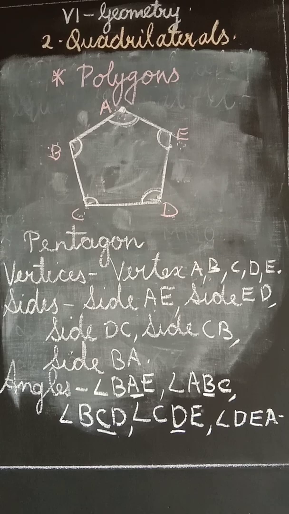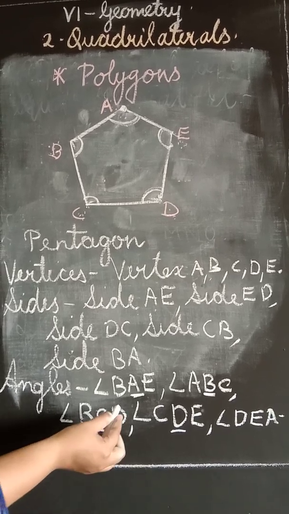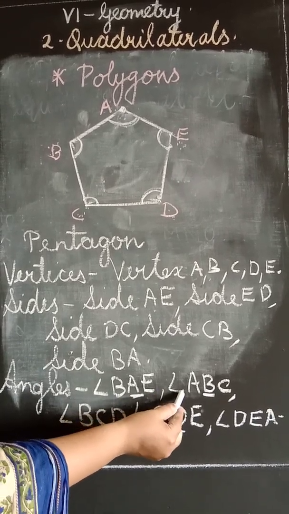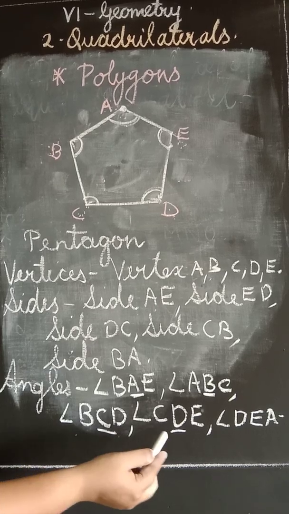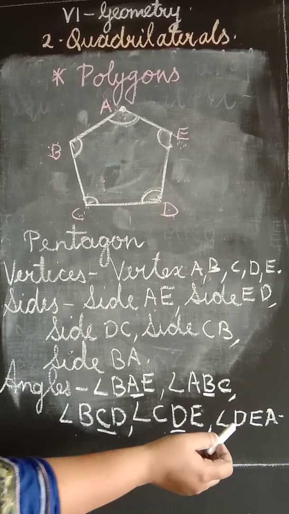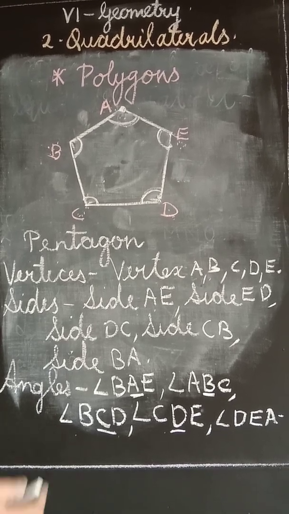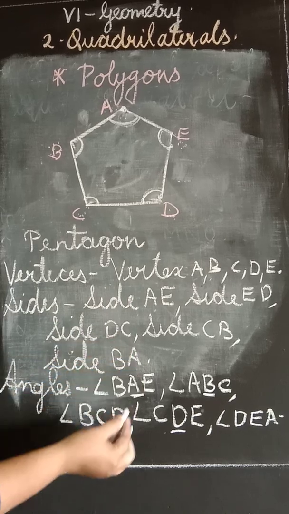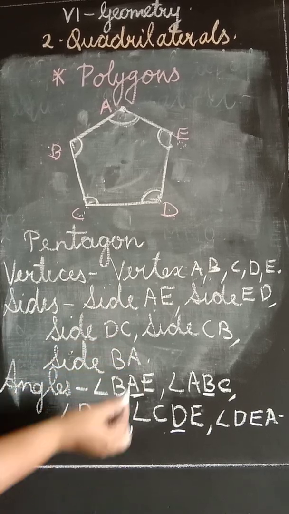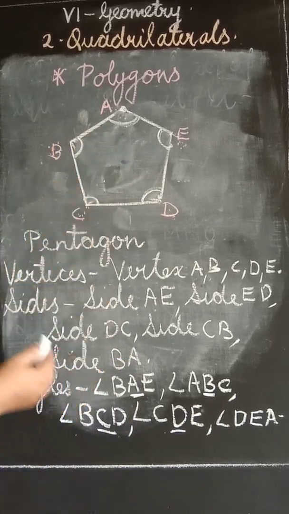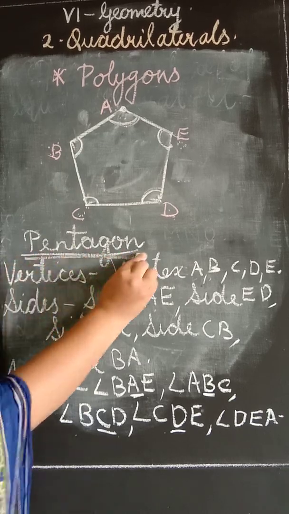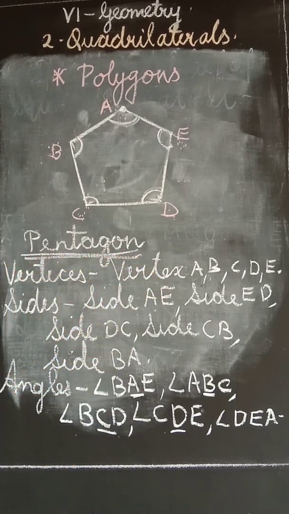So we have got all 5 angles of a pentagon. They are angle BAE, angle ABC, angle BCD, angle CDE and angle DEA. Okay. So these are the 5 angles. So can you see we are getting 5 vertices, 5 sides and 5 angles? Yes. Therefore the figure which is having 5 sides is called pentagon. Okay. Now children,